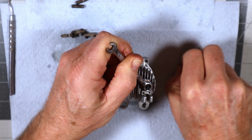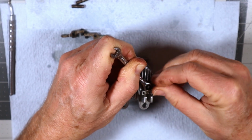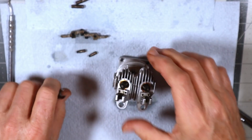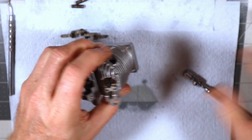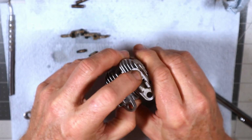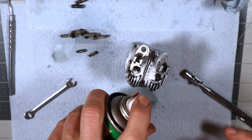And if you drop it in there, you use your magnet to grab it. There we go. There we go. Okay. Take that out. All the valves are installed. And just for the heck of it, let's...